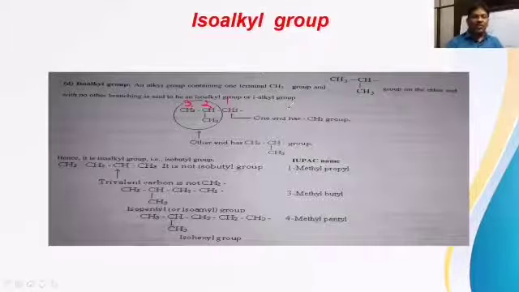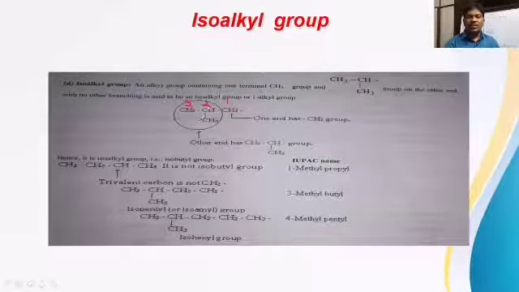So in the longest chain, how many carbons are there? 1, 2, 3 carbons totally. In this group, on the second carbon, a methyl group is attached. Keep that in mind. And here the CH2 free bond is there. So for any alkyl group to be called iso, we have to check the condition that at one end of the structure there should be a CH2 free bond, and at the other end there should be the isopropyl group, this one.